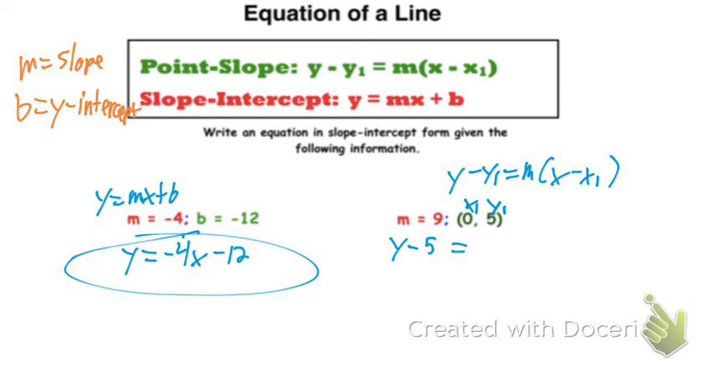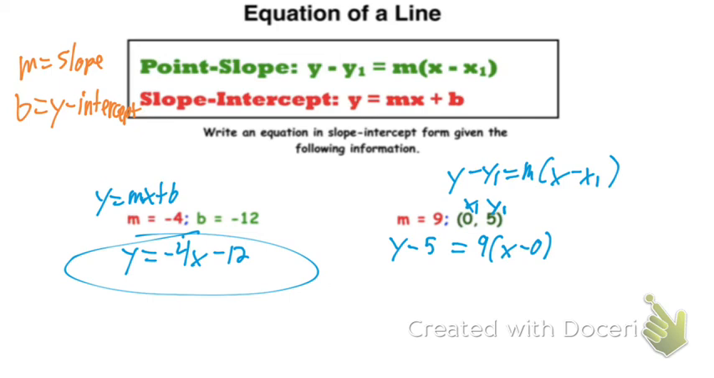So y minus 5 will equal 9, our m, in parentheses, x minus 0. So I take this point slope form: y minus the y value equals the slope times x minus the x value. I plug in what I know. And now I'm going to get in this vehicle and take it over to slope-intercept form by